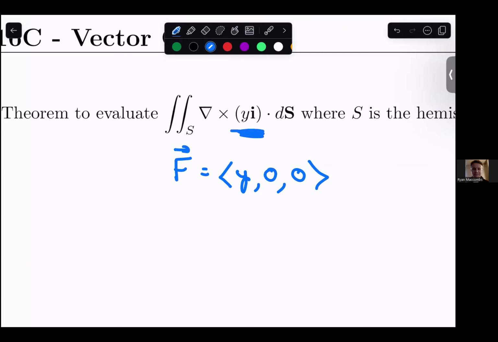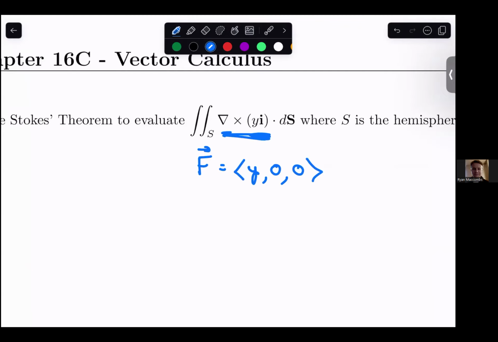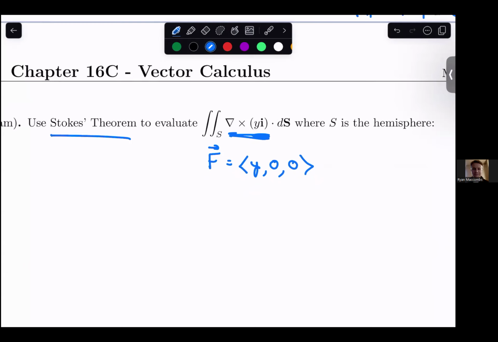And again, this bit is the curl of F. So this is saying to evaluate a surface integral of the curl of F. And that's why it's completely okay to use Stokes' theorem on this. Stokes' theorem says that instead of evaluating out this surface integral, right? I mean, if you were to just evaluate this out, that'd be wonderful and all that sort of stuff, but then you haven't used Stokes' theorem. Using Stokes' theorem means we want to go across the equal sign